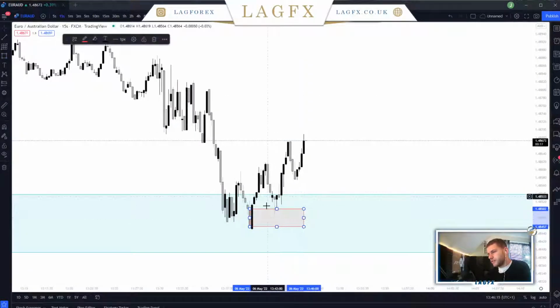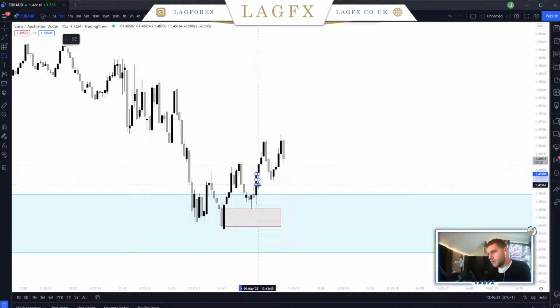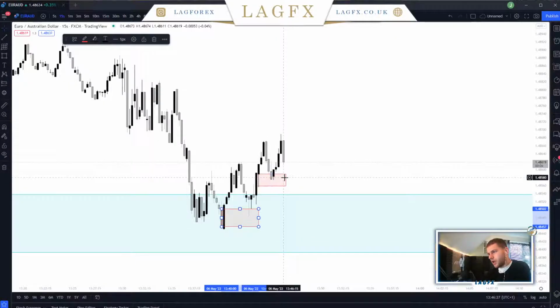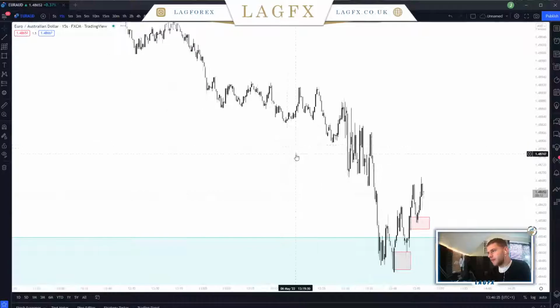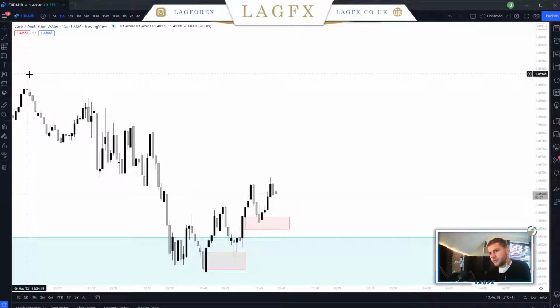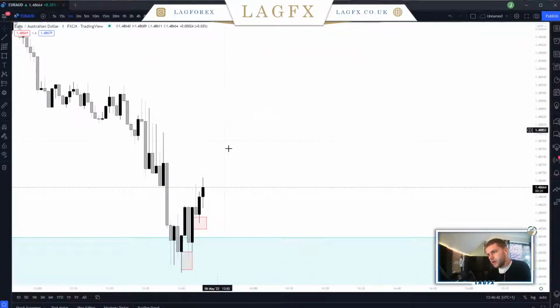We see price taps in, rejects, exceeds this, so puts in a new higher high. Again, we see this wick, which acts as a sell to buy. Price perfectly taps into that, reacts, moves higher. However, this is fractal structure, and this fractal structure may have the purpose of being bullish just to come and mitigate something in here. So until we have a higher time frame displacement, which I'm going to go into a higher time frame,